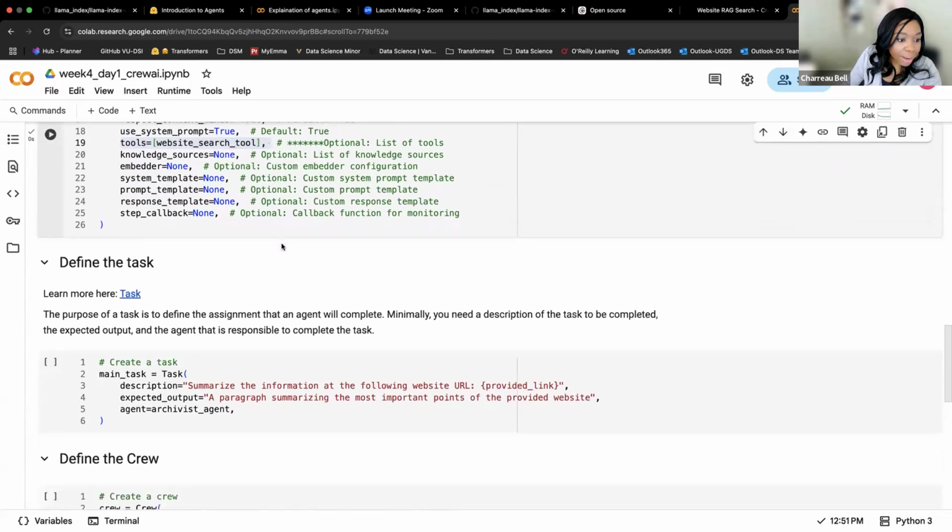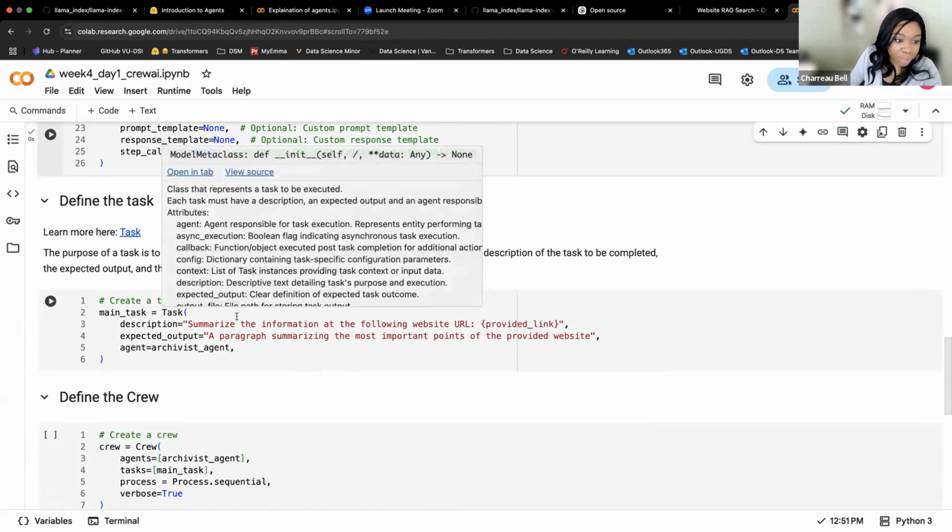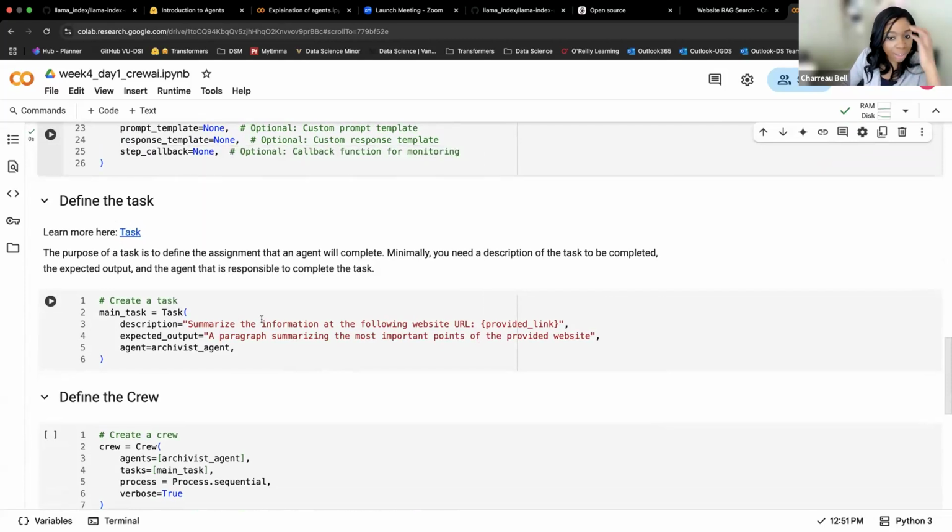Great, we've made that. We can also define our task. This is the task description that has just been provided. I wrote this, but I don't really know that I like it. What would be a better task?